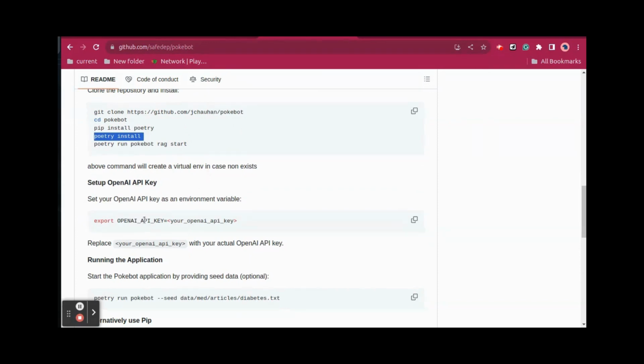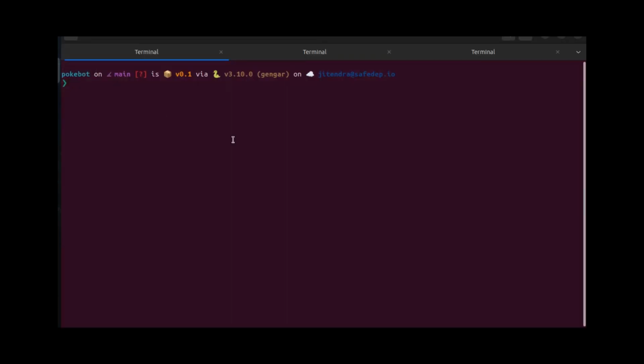Before running it, you need an API key, so go to OpenAI and register for a trial key. Once it is done, export it as a command line variable on Ubuntu. The equivalent command will be available on Windows, and that's it. I've already installed Pokebot on my host. Now, in order to run it, type pokebot